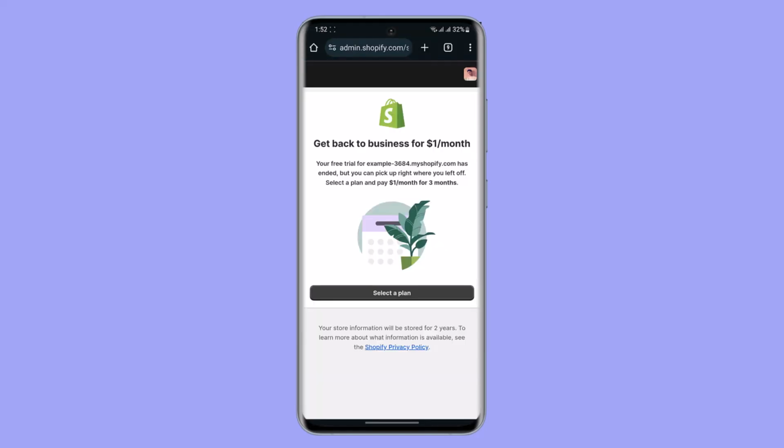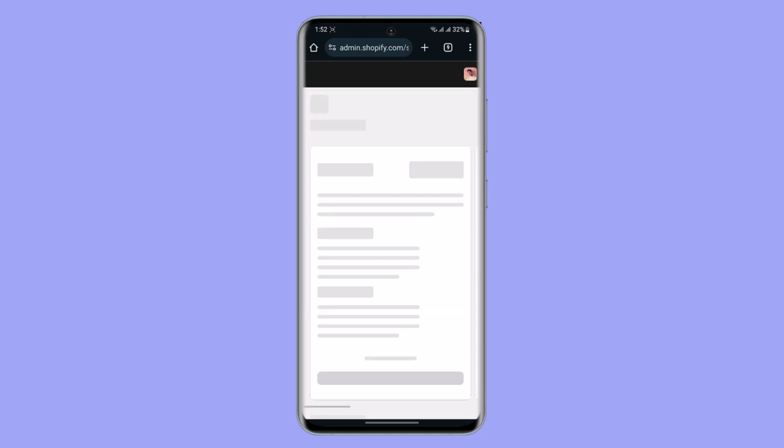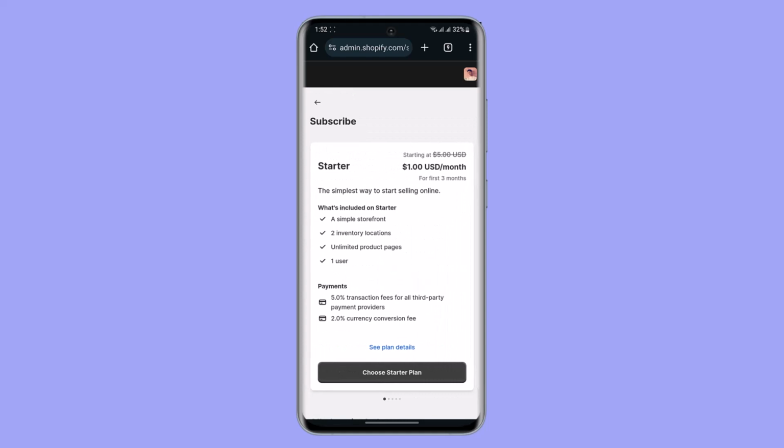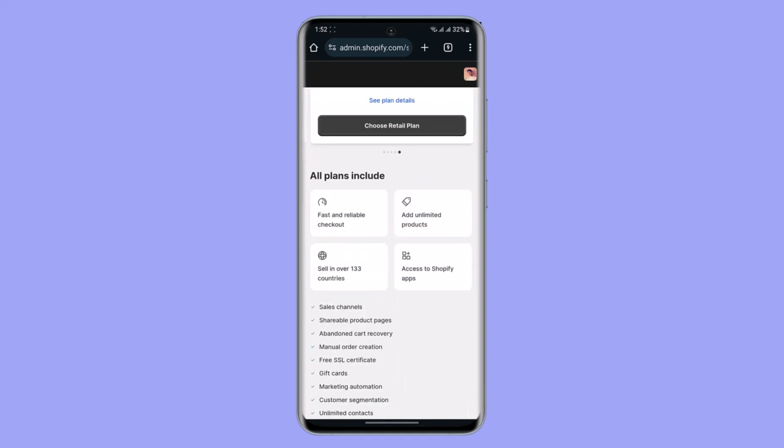option afterwards. The simple way for you to delete a store is by deactivating the store and going to the settings of the plans, right? So you can see we have not purchased any plan. We're going to tap on select a plan, and let's say you have chosen any plan from over here, including starter, basic, any of the plans, you're going to deactivate that particular plan